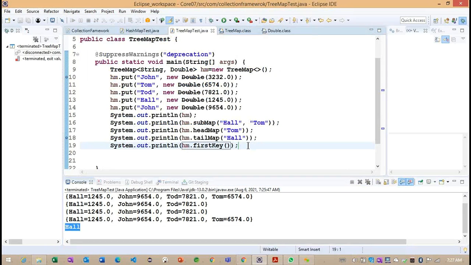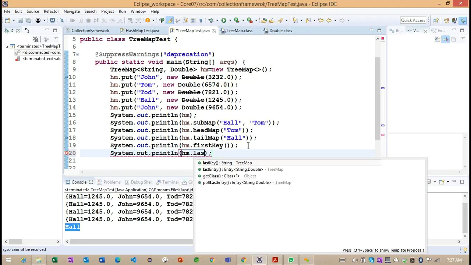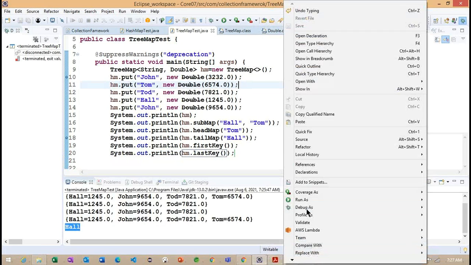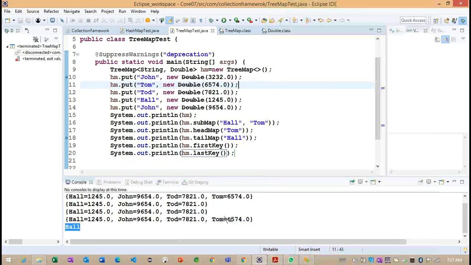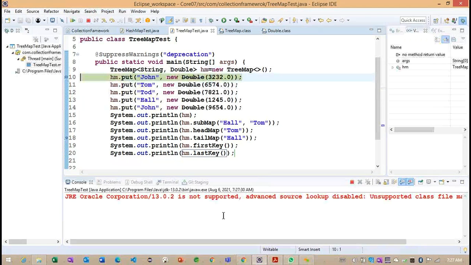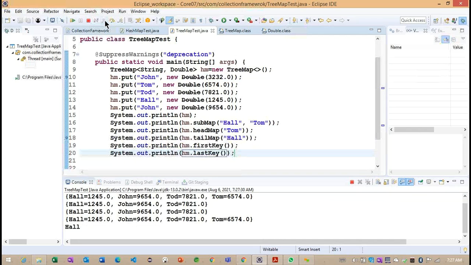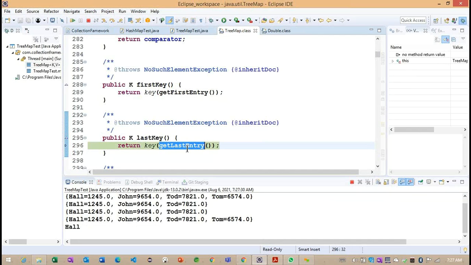Now if you want to find out the last key, this is our lastKey. Now you can see they're trying to find out the last key.